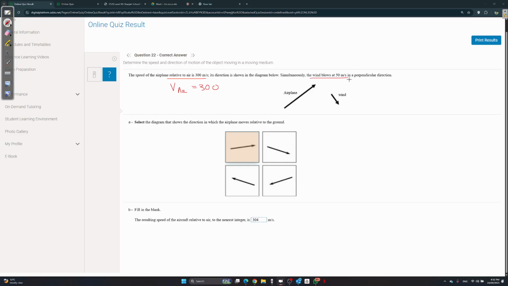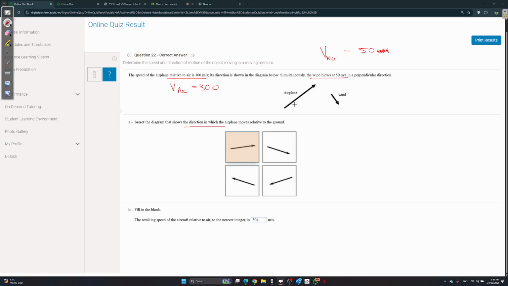And wind blows in a perpendicular direction. So this is the velocity of wind. You could say wind with respect to ground, and it is equal to 50. Doesn't matter. Anyway, part A: select the diagram that shows the direction in which the airplane moves relative to the